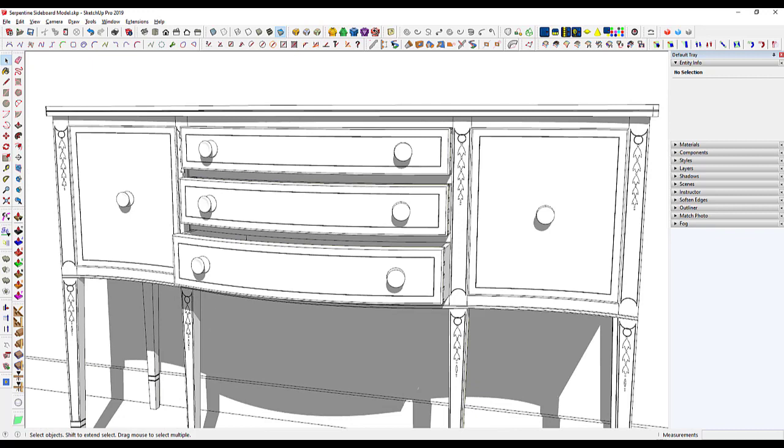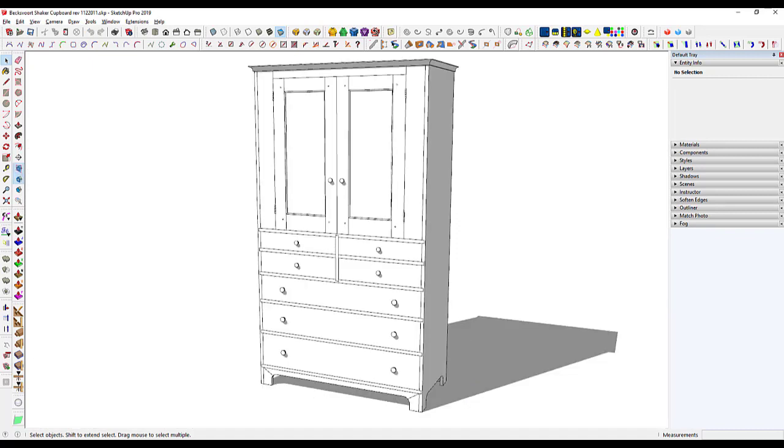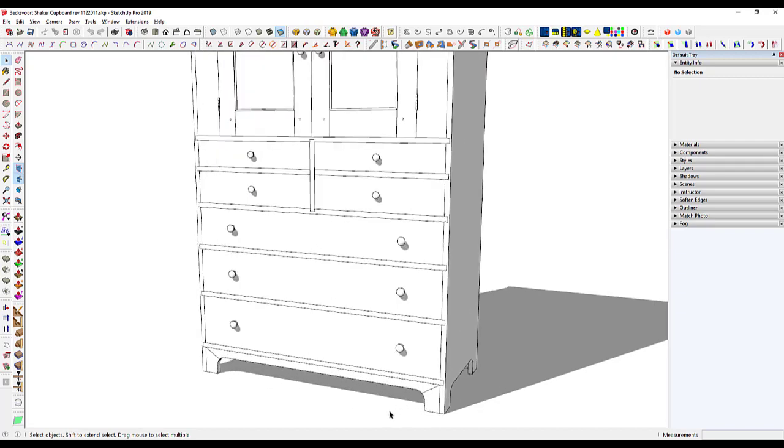You can also see it in Christian Becksvoort's Shaker cupboard here. And there are a number of methods for determining the different heights or the progression of the drawers. You might just start with an arbitrary dimension for the top drawer or the bottom drawer, and then either add or subtract some dimension. Maybe you subtract an inch, or maybe you